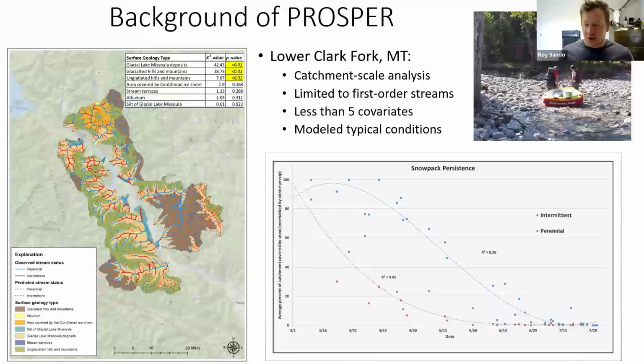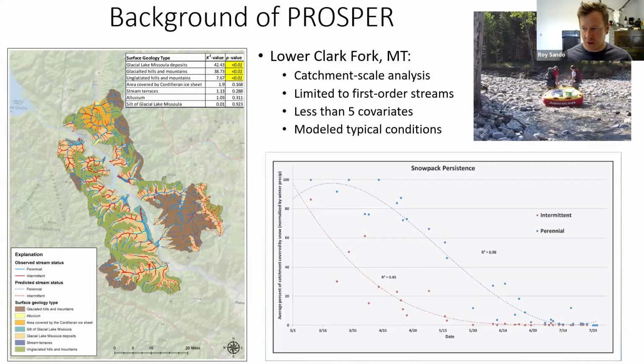For me, this all started in the Lower Clark Fork in Northwest Montana. The foundation of this was that the Forest Service had some bull trout habitat remediation they were doing up there. In one year, I believe it was 2012, we had a pretty dry year up there. They went up to some of their sites and realized that there was no more water in the system, which is not necessarily anything new to folks, but it occurred to them that we should probably study this and get a handle on where these streams are predicted to be permanent versus where they have a higher tendency to dry up in a given year.